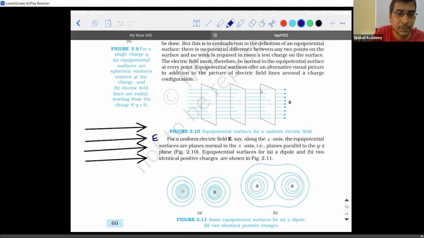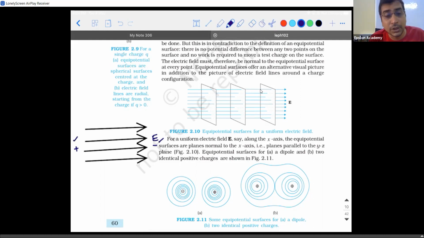So when I say uniform electric field, can I say that the charges are placed at infinity? There is a positive charge on the left of infinity and the negative charge on the right of infinity, because electric field is always directed from positive to negative terminal, right? So for this kind of charge distribution, we know that the electric field lines are a set of parallel rays.